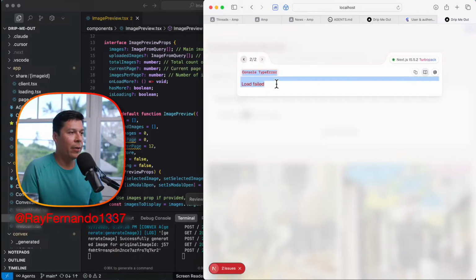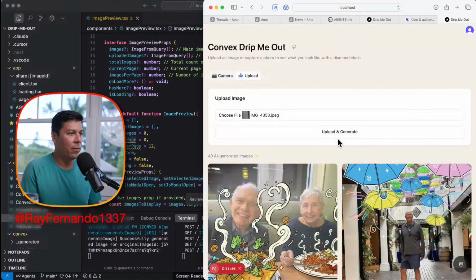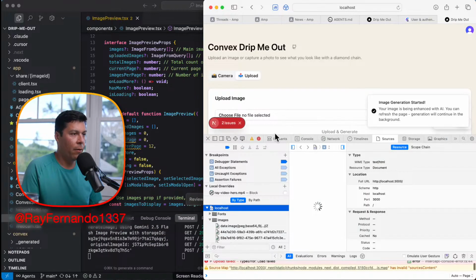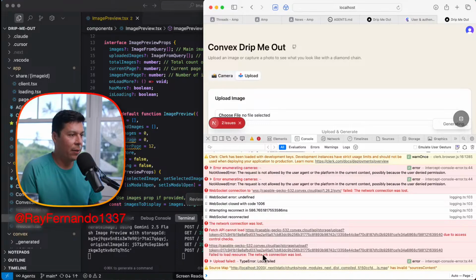Oh, console type error: load failed. Interesting. Okay, so why did the load fail? This doesn't show me. So I want to go into Safari and figure out why that failed. Oh, shoot. Oh, it did start the generation. Dang it. I want to see if I can capture any of the errors. Network connection lost. Okay, so